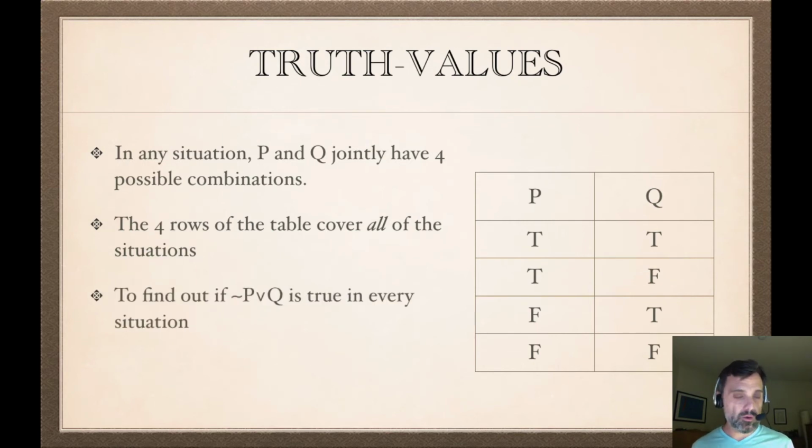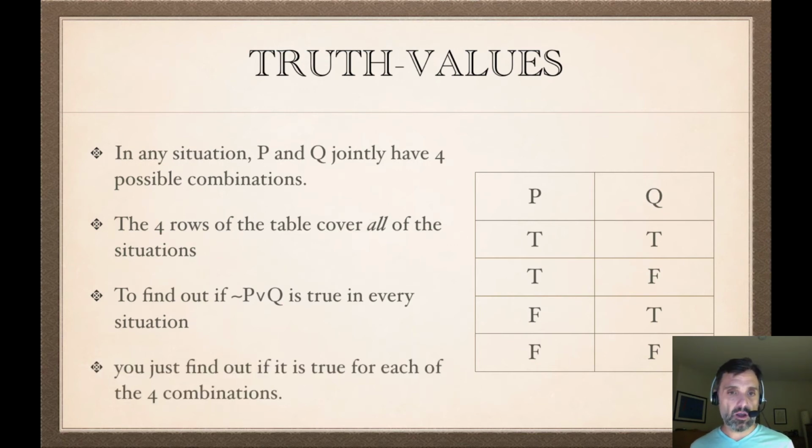So if we want to know, is not P or Q true in every situation, it's very easy. We just look at each of those 4 combinations and find out, is not P or Q true? And if it's true on all 4 rows of the truth table, then it's true in every situation, because every situation is on one of those 4 rows. And if we find a row on which it's false, on which not P or Q is false, as indeed we can if we look at the second row,